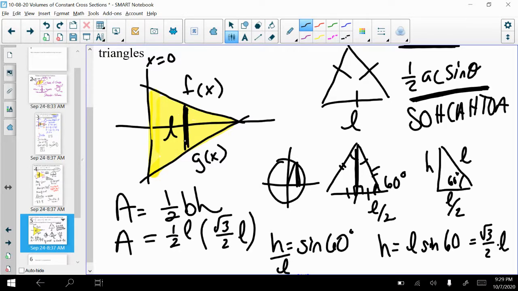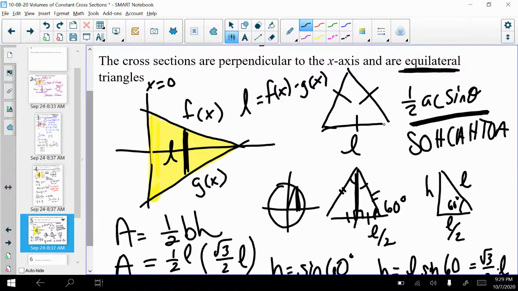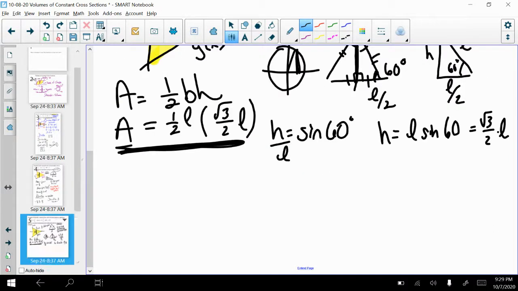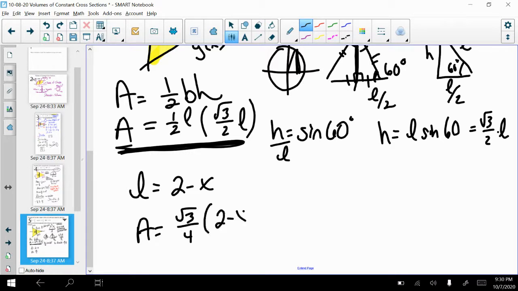L is still this distance across the base, so L is still our top minus bottom, or F minus G. Then the important thing is realizing that L is the base of the equilateral triangle, and the area of that equilateral triangle in terms of L is this. Feels a little related, right, to the other things. We found L to be 2 minus x. And so we get our area is root 3 over 4, 2 minus x